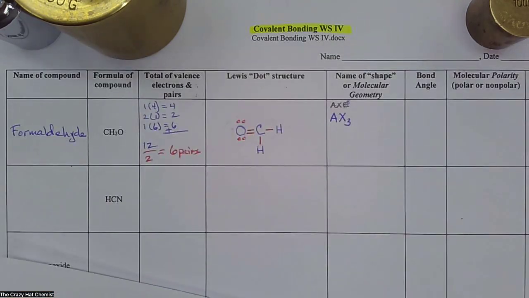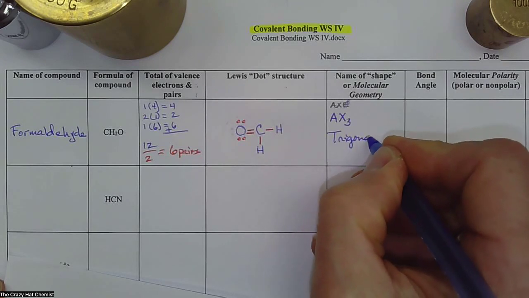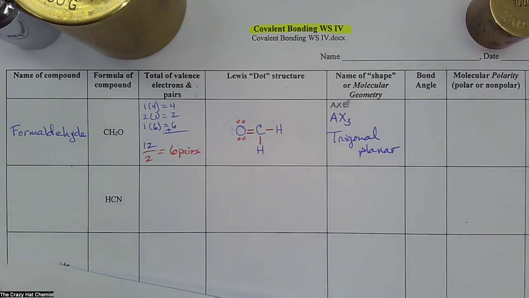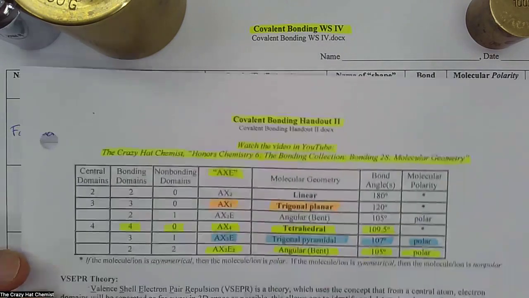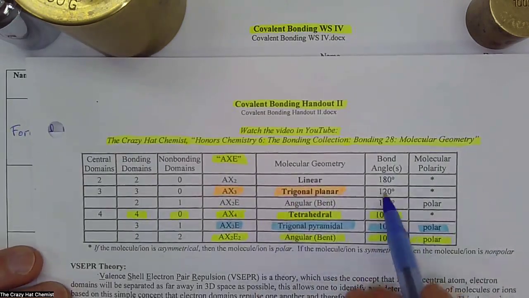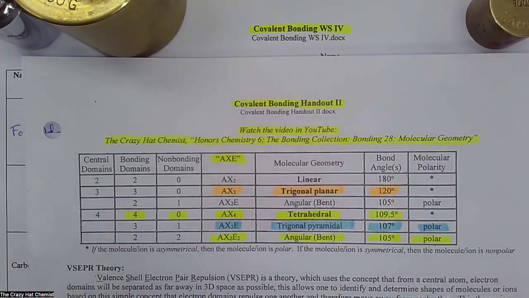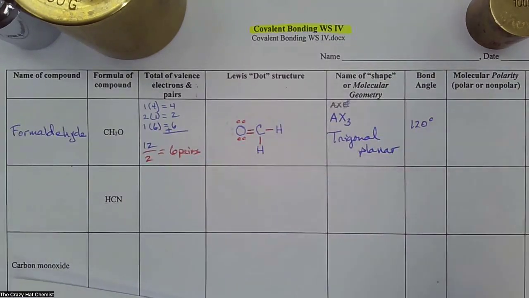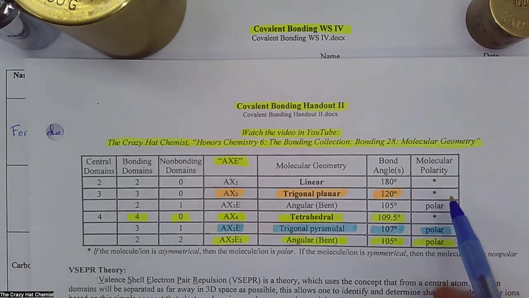So I'm going to write that down. That's trigonal planar. Perfect. What's the bond angle if it is AX3 and trigonal planar? That would be always 120 degrees. Excellent. 120 degrees. Now you noticed on my little table there's an asterisk, and that asterisk for the molecular polarity,